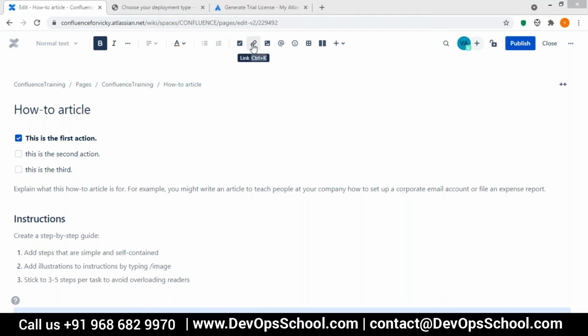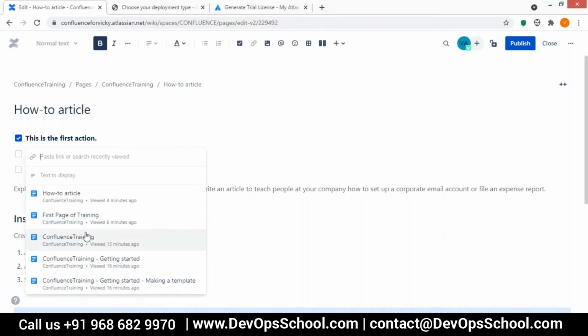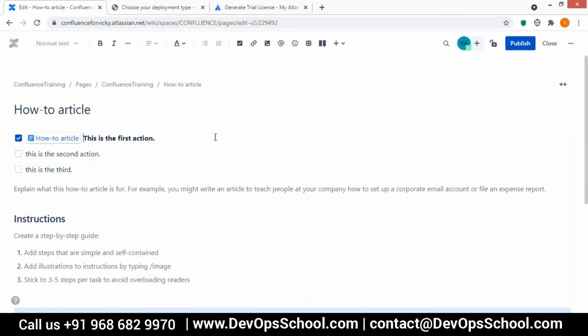Okay. So what is the use of link? Link is basically if you have multiple pages and you want to link one page to the other page. In that case, you can use this. For example, we already have these pages, right? So we can just mention this and it will come here. Okay, and you click on this. This kind of linking you can do if you want navigation.